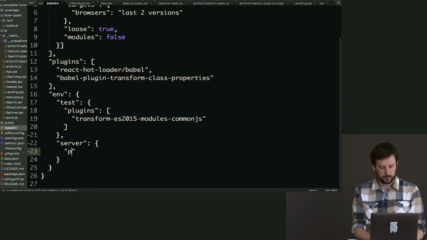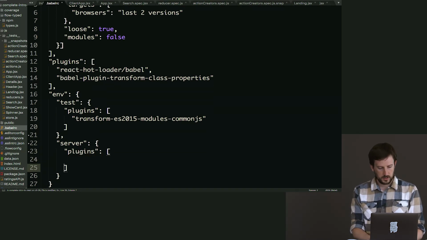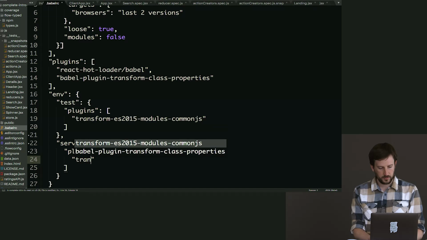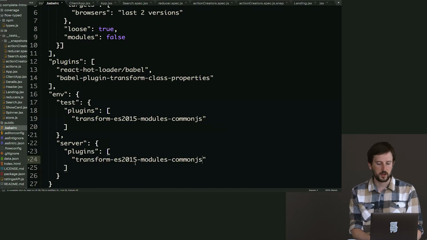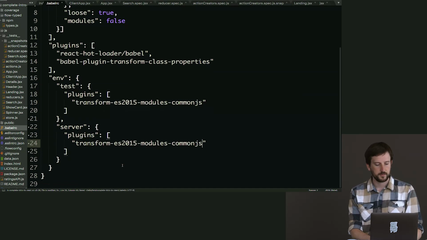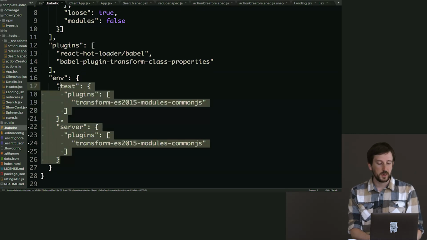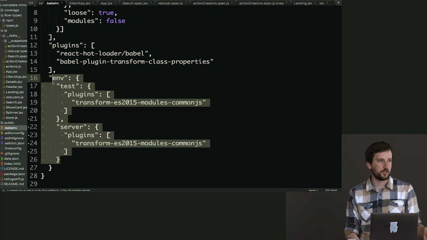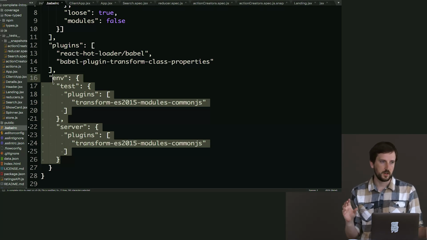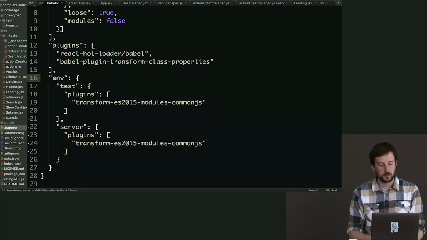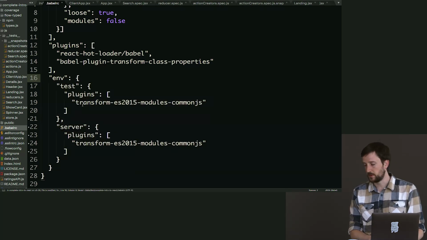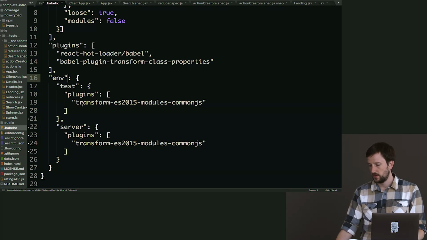And it's going to have plugins. And it's going to have the same transform ES 2015 modules common.js. Again, you could make these the same env. There are different concerns, right? What goes into test is not necessarily going to be what goes into the server, so I recommend against doing that, despite the fact of it being possible. Okay. So